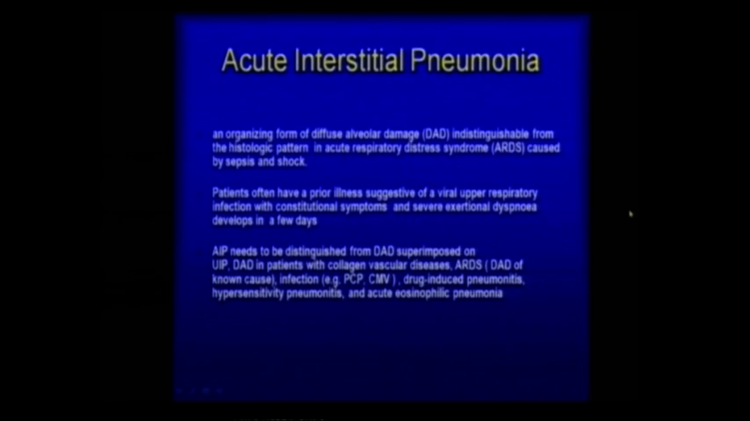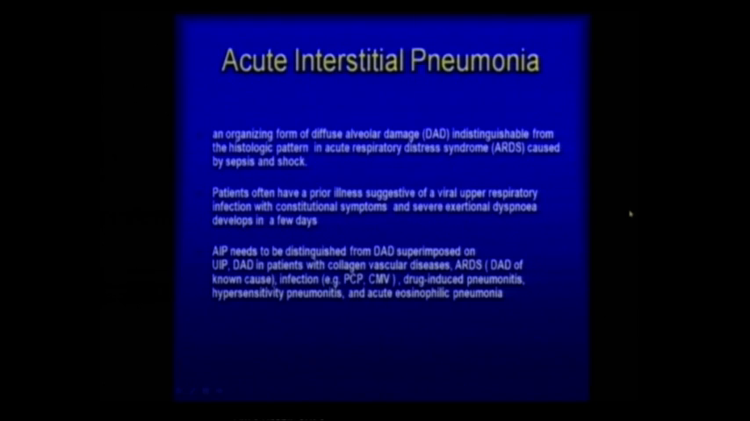The last important disease is acute interstitial pneumonia, which is an acute disease. That is why we are telling you every disease is not chronic. See, it is an organizing form of diffuse alveolar damage, that is DAD, which is indistinguishable from the histological pattern in ARDS. This is something which occurs in ARDS, very similar to that, the radiological counterpart you can say of ARDS. Patients often have a simple prior illness suggestive of a viral infection, which was there for a few days